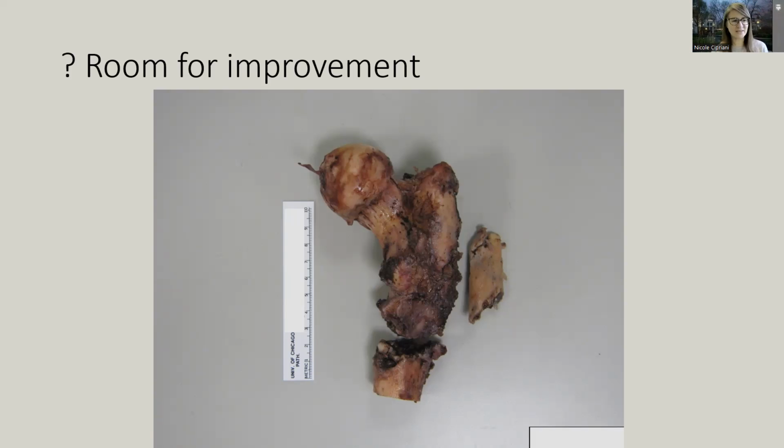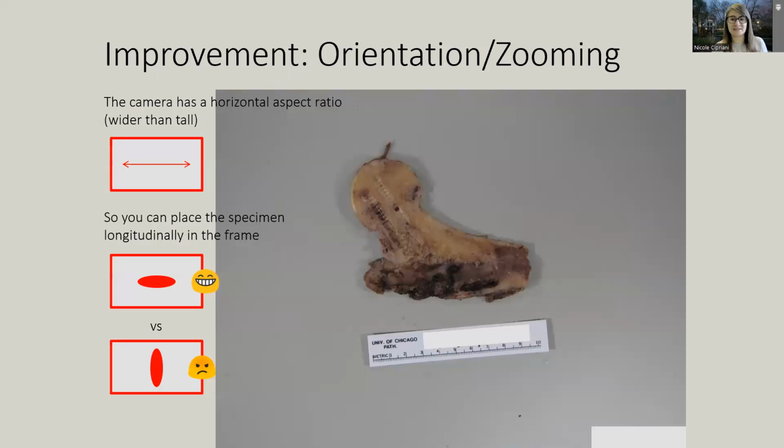I think that people are so used to the camera being oriented, at least ours, because we don't have a free floating one, right? Ours is oriented horizontally. So they think sometimes that the specimen also has to be oriented so that you are looking at it in the correct anatomic orientation. But that's not always the best way to photograph the specimen, because if it's longer vertically than it is horizontally, I would say just rotate it so that the specimen is laying down